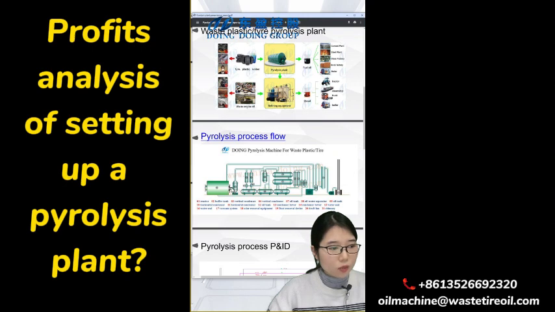The oil gas will pass by the first buffer tank to relieve the oil gas flow rate, and also it can purify some impurities,